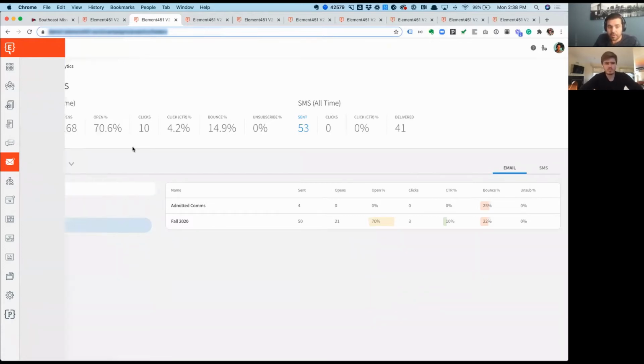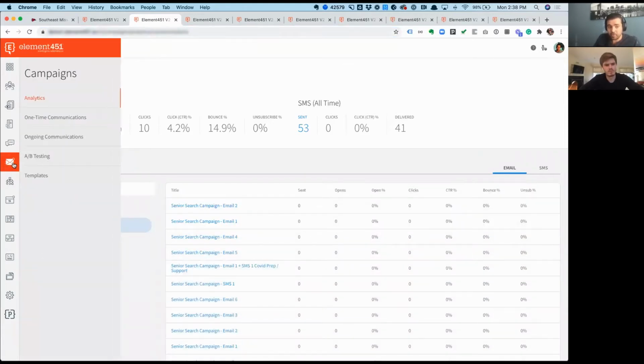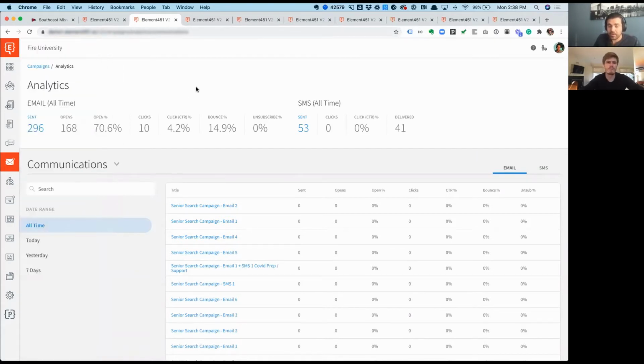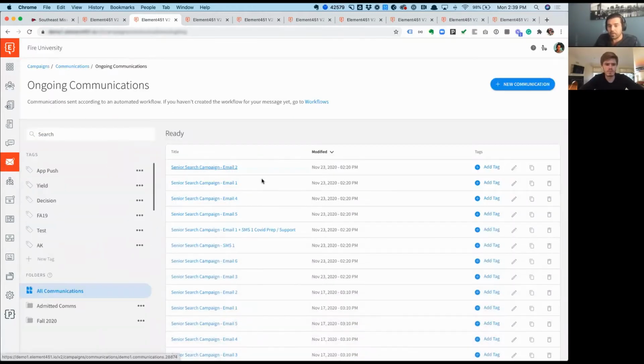And here what we're seeing first of all is the analytics that we're able to capture with campaigns. A lot of schools have different emails, different campaigns, but then they have to look at each individual email to see performance. So aggregate data becomes really difficult. And what we've done in Element is that we have, if you look over here, the ability